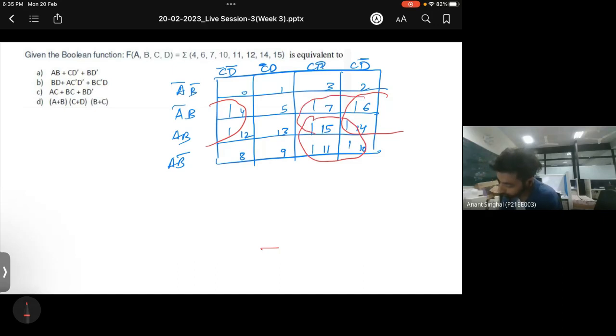This one is also left, so one will be this. If I try to solve it, this will give nothing but B, and then here it is D. This will give A, and